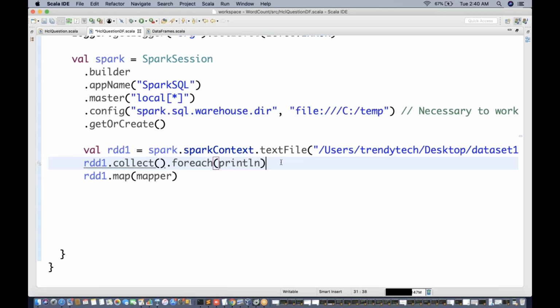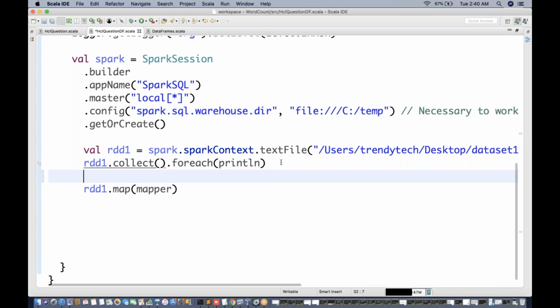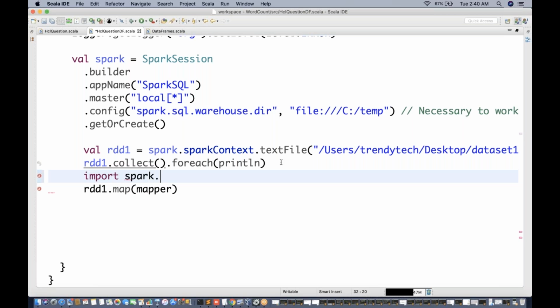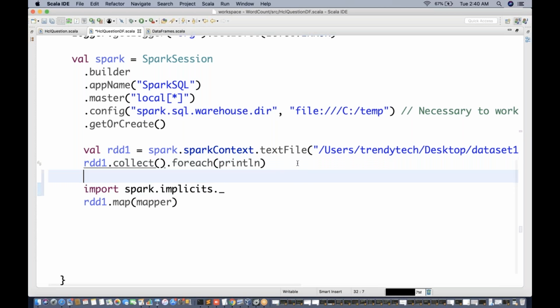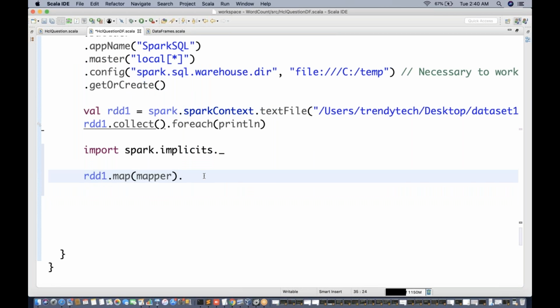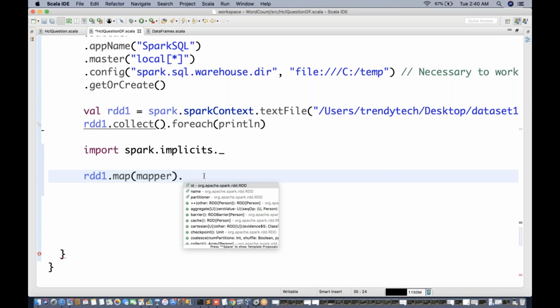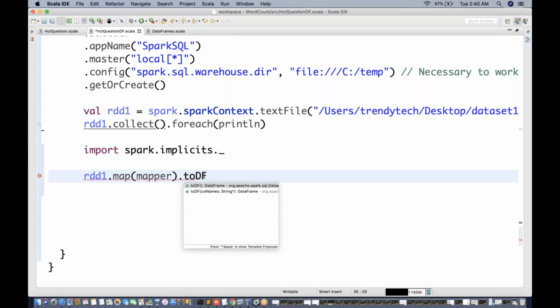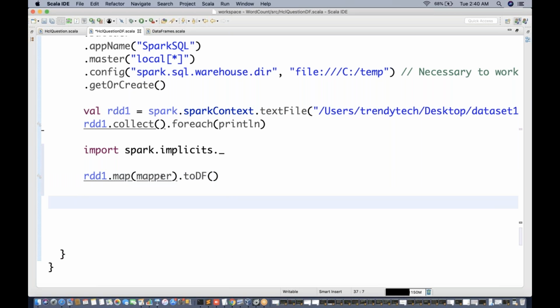So we need to use the import, whatever is required. Import spark dot implicits. This is the import we need in order to convert an RDD to a data set, dot toDF. So initially it was a raw RDD.